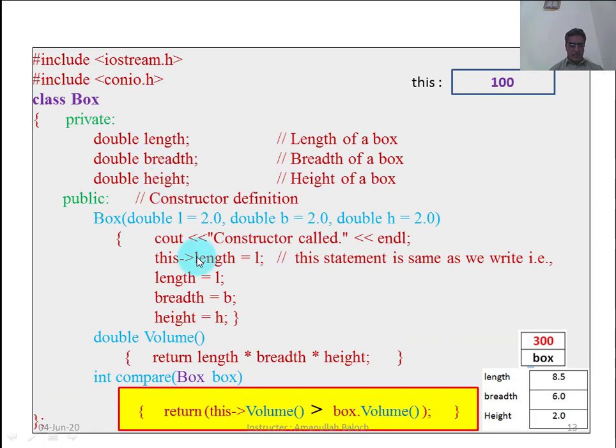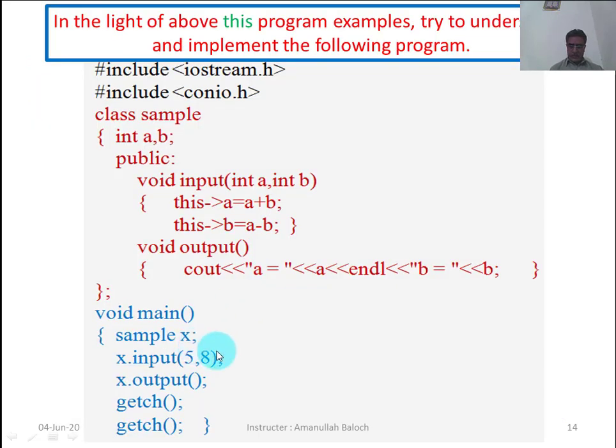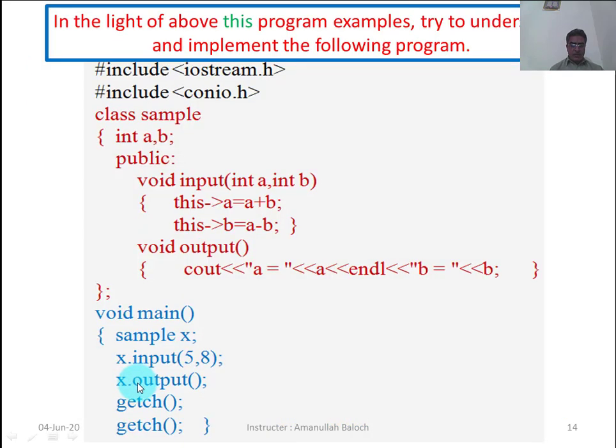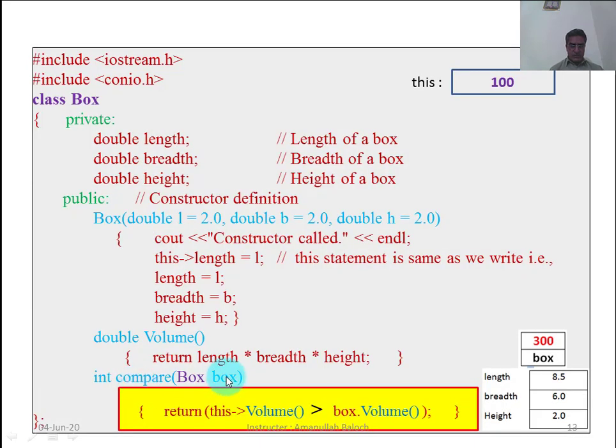We see here, this is the compare function, and as we have discussed earlier, this pointer has the address of box 1 because box 1 is calling the compare function, while the value of box 2 is passed to this object which we are going to create here in the compare function.